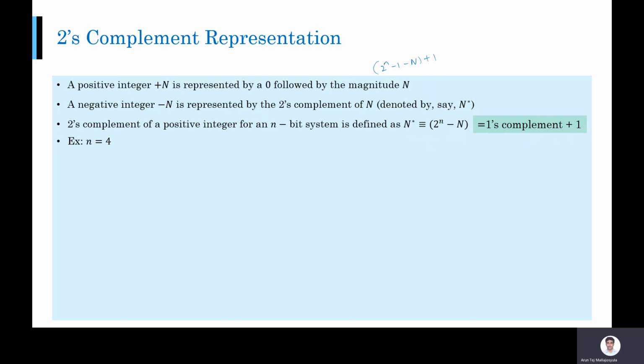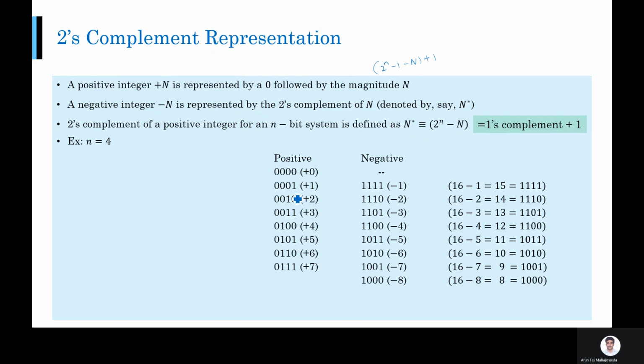Let's take the 2's complement example for n is equal to 4. Any number, let us say 0, 1, 1, 0. Okay, so what should be the 2's complement? 1's complement plus 1. So 1's complement we know is just bit by bit complementing. So this will be 1, 0, 0, 1. You need to add 1 to this, which will be 1 plus 1 is 2, so 0 and 1 carry, 1, 0, 1. Right? So 1, 0, 1, 0 is the 2's complement representation of minus 6. Okay, so that is what we find.